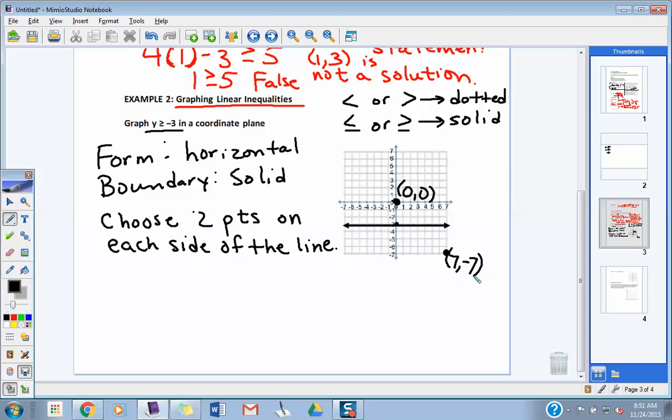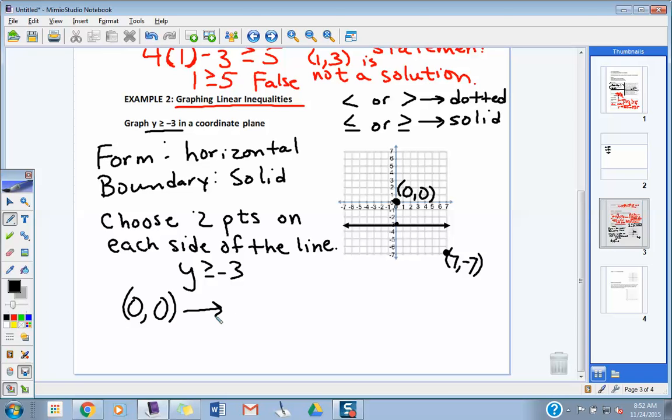And then, guys, this is just like the beginning of the unit. We said, how do you check to see if something's a solution? We'll plug it into your original inequality. So in our original inequality, y greater than or equal to negative 3, the only variable I can plug in for is what? Y. So if I plug this point 0 comma 0 in,